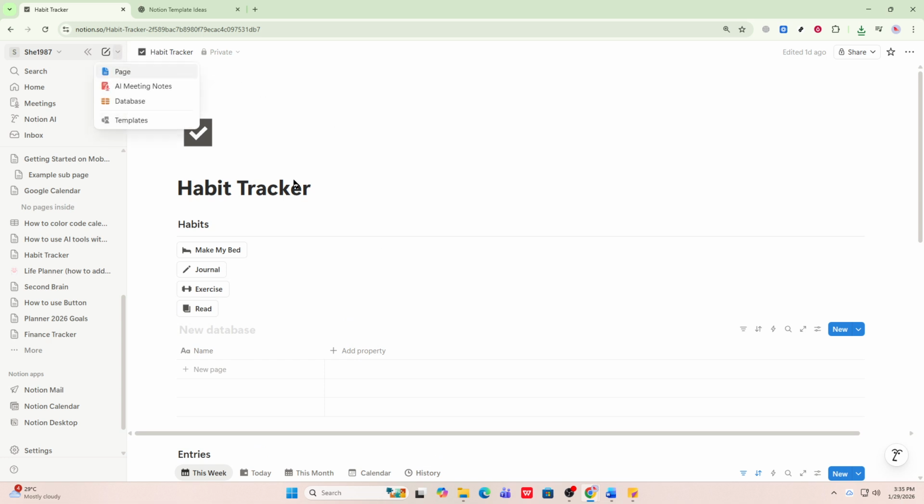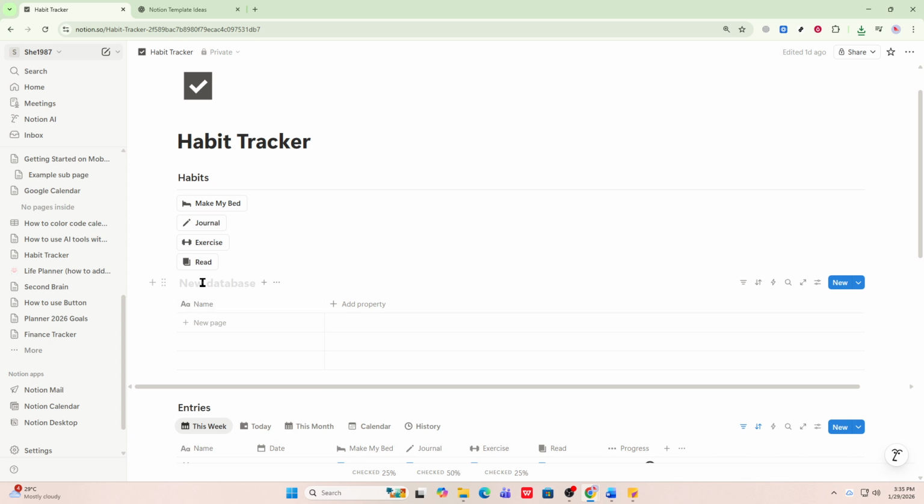Next, we'll add the key properties that power your tracker. Create a text property for habit name so you can label exactly what you're tracking. Add a date property to log when you did it. Use a checkbox for completed, which makes it quick to mark things done. Add a notes property as text if you want to capture quick reflections. If you like more context, include mood or difficulty as a select or a number to rate how the habit